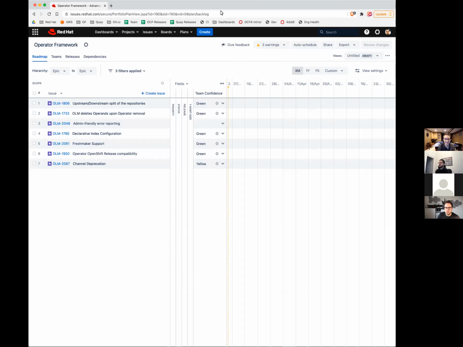Let me give you just a quick outlook. It's always hard to judge which window I'm going to share, but you should see a Jira portfolio plan called Operator Framework. Essentially, that's the 4.8 plan. That's what the team is working on right now.